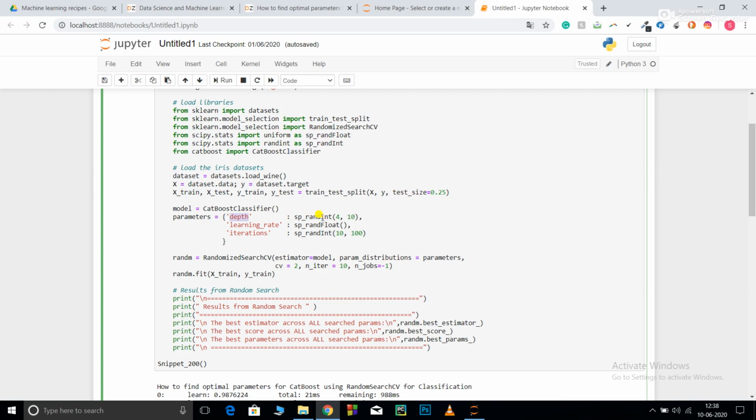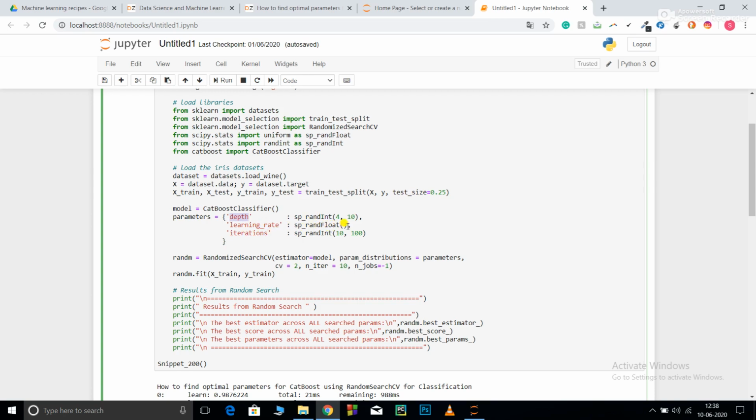So depth means the total number of features that I want in order to split my node. So the maximum depth is the maximum learning your model does from the data set.